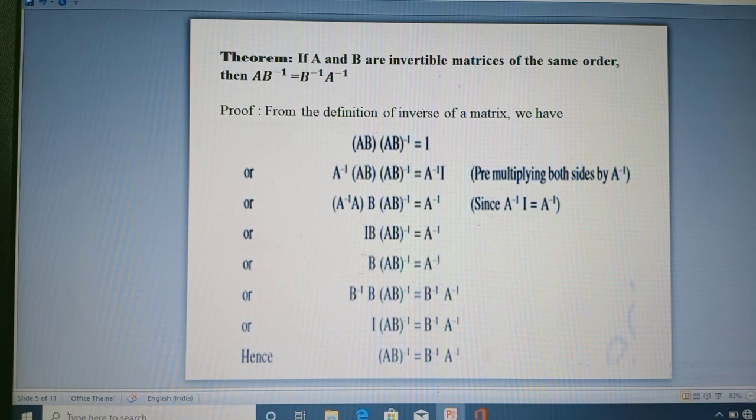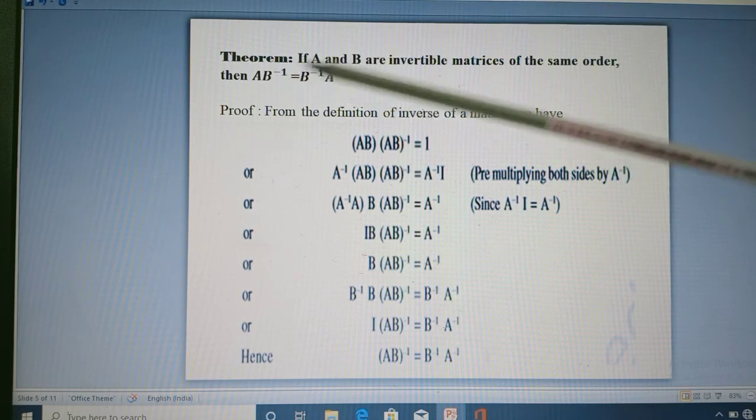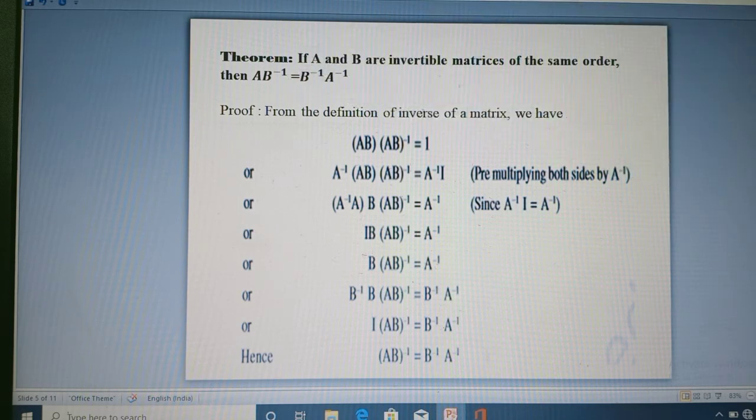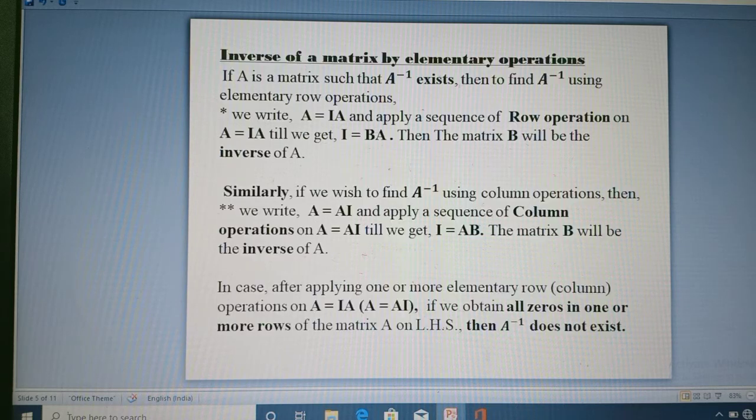If A and B are invertible matrices, then (AB) inverse can be written as B inverse into A inverse. So this is a very important result. Now students, we are going to discuss how elementary operations can be done. There are two ways. If a matrix A inverse exists, then to find A inverse using elementary row operations,